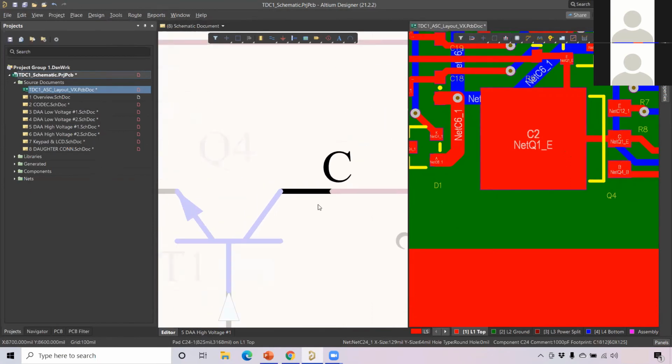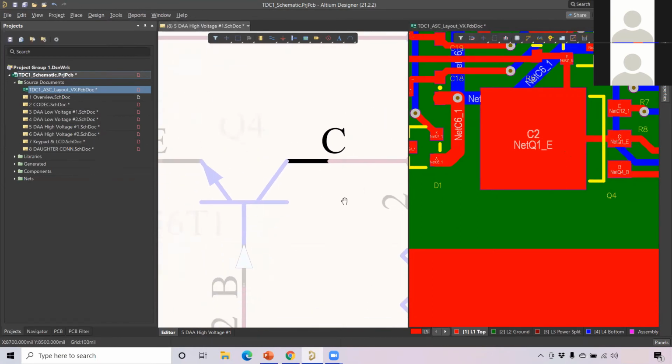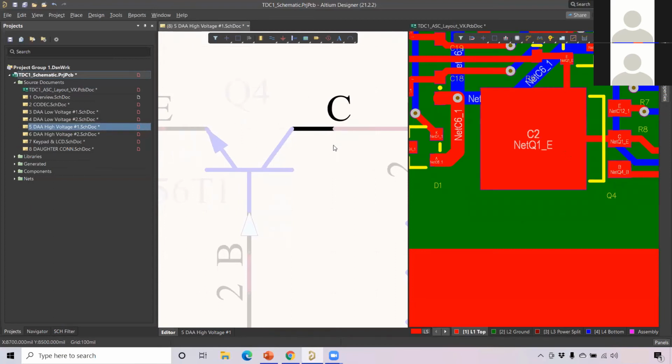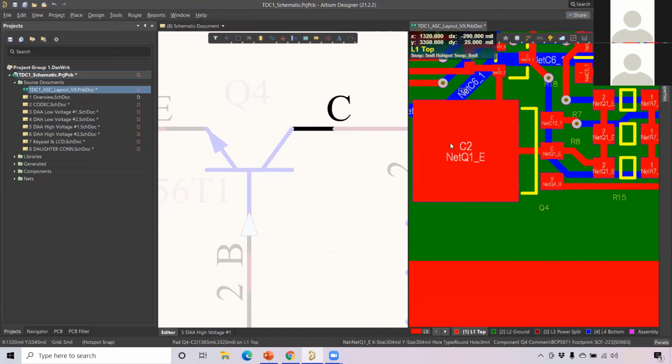Then you can see the collector in this sheet. Emitter, base, collector. Actually this is only one C, but it is showing here C2. But it is used inside the PCB. So instead of C2, I can just use it as C. I have only C3 pin, not 4 pin here, but in the PCB it is used.